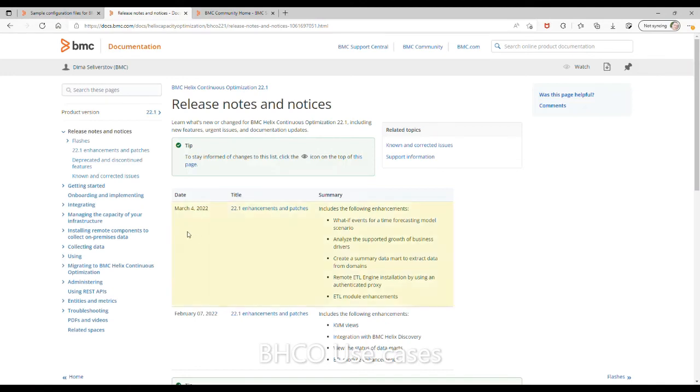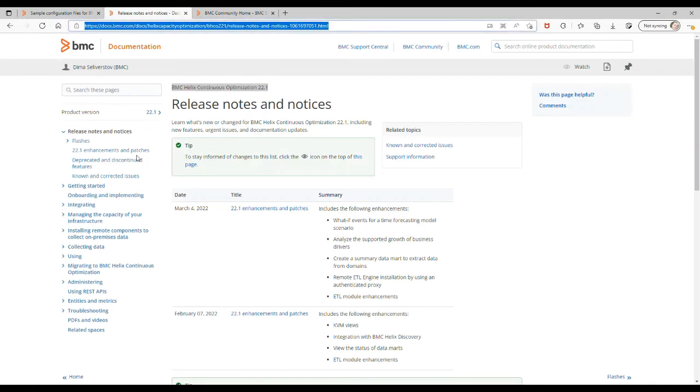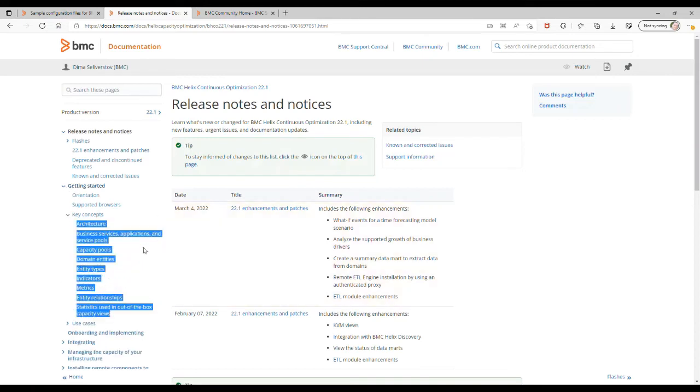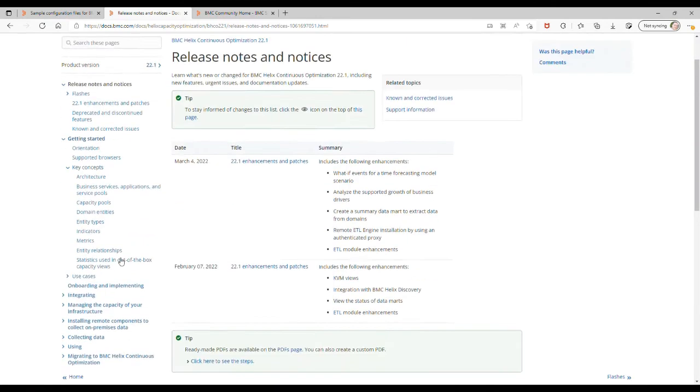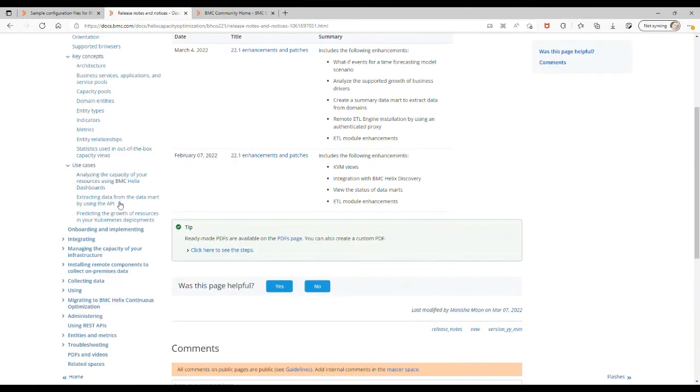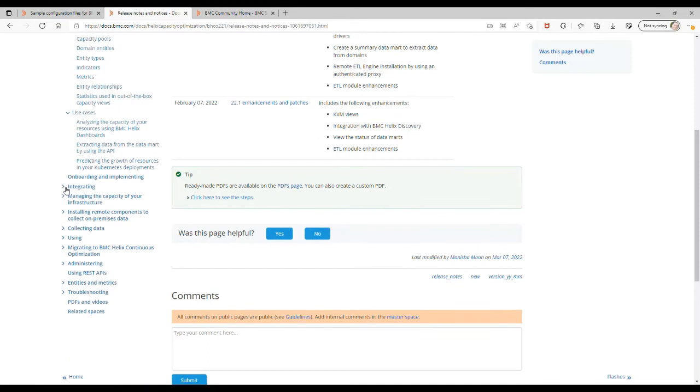To exercise the use case of Helix Capacity Optimization, there's a separate link, the BMC Helix Continuous Optimization 22x release. This gives you the latest information about the enhancements that are made and how actually to use the product. It's the same documentation for on-prem and SaaS. It illustrates the key concepts, the capabilities of the product, the use cases, the out-of-the-box integrations,